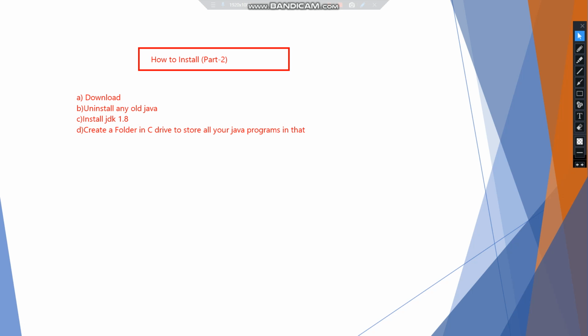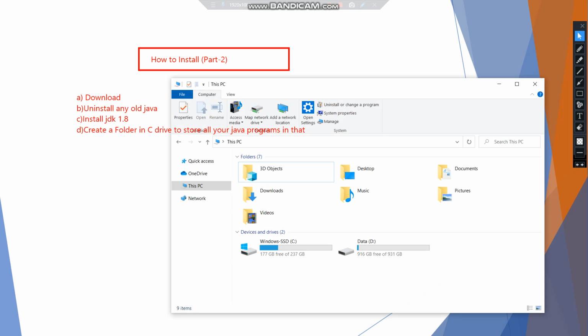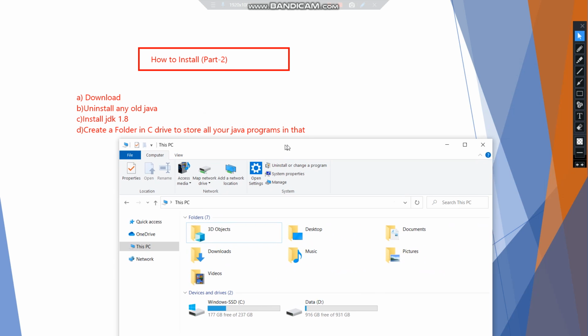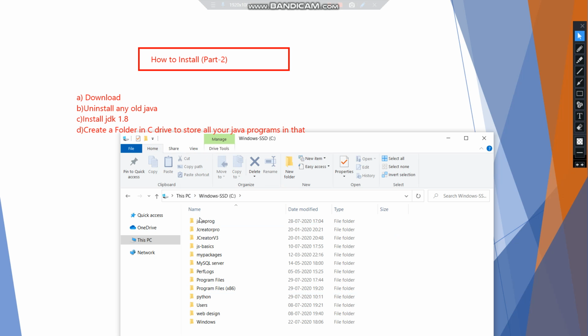Okay, so for that we'll basically go to this PC, and here we'll click on this C drive. In this C drive, as you can see here, I'm having a folder named Java Prog.